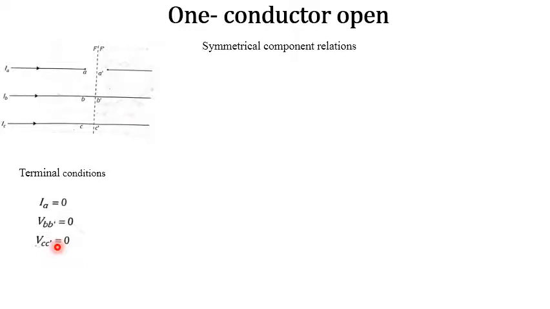It is very easy for us to know that, because VB and VC are 0, the two values of the voltage are 0, so that we are able to calculate the voltage of the phase values in terms of the symmetrical components. So let us consider that Va1 is equal to 1/3 times of (Va plus a times Vb plus a square times Vc), and the B and C values are already 0, so we'll get 1/3 times of Va.